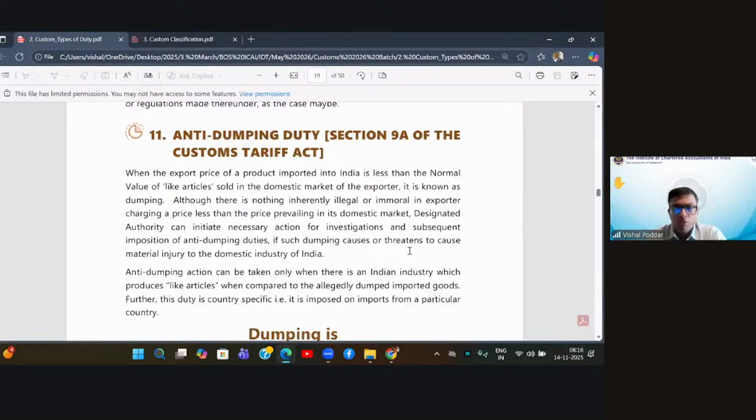Jio came into business with this model only, though Jio is an Indian company only. So it is not that dumping is done only by foreign companies. Anybody can do, any businessman can resort to this. So what did Jio do? Initially, when Jio was launched, it provided its subscription at a very low price or even free. What was the purpose? It wanted to disrupt the telecom market, which it did.